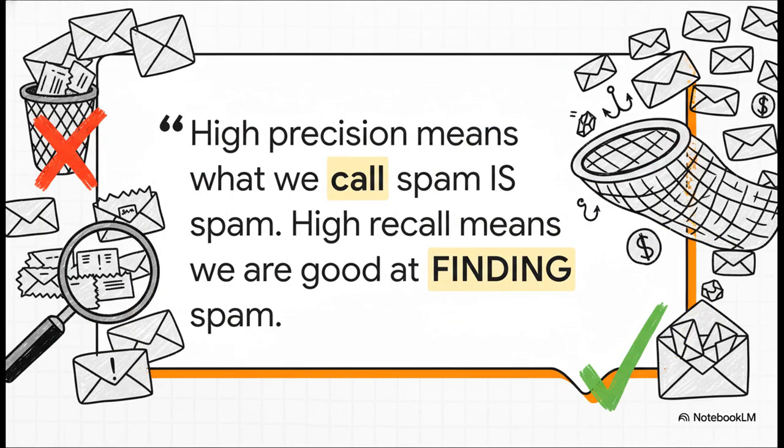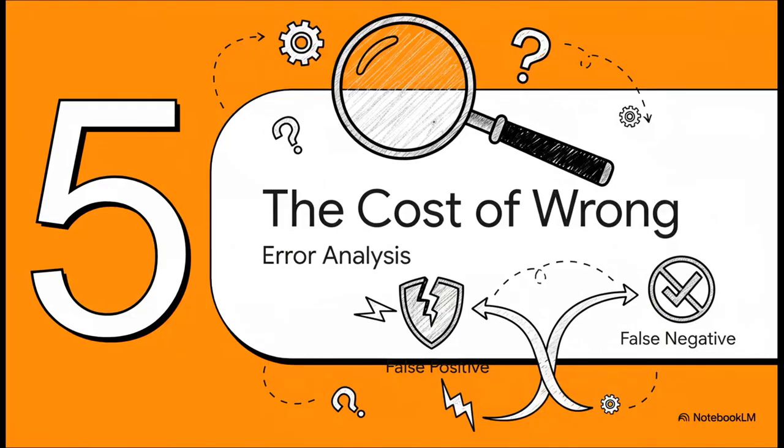Yeah, and understanding this difference is so key. Let's put it this way. High precision means we're really, really sure that what we call spam is actually spam. We're being very careful. High recall, on the other hand, means we're really good at finding most of the spam out there. We're being very thorough. And here's the kicker. These 2 things are often in a tug of war. Improving one can sometimes hurt the other. And this all leads to maybe the most important question in this whole process. What's the cost of being wrong? Which type of mistake is actually worse? Because believe me, the answer to that question changes absolutely everything.